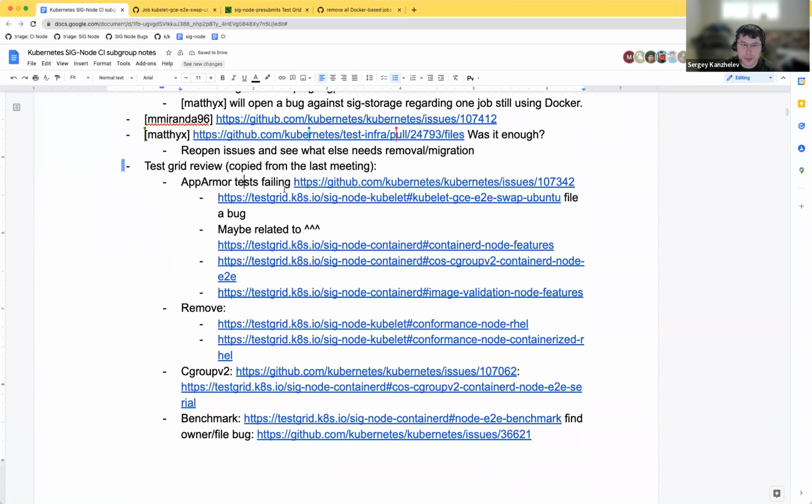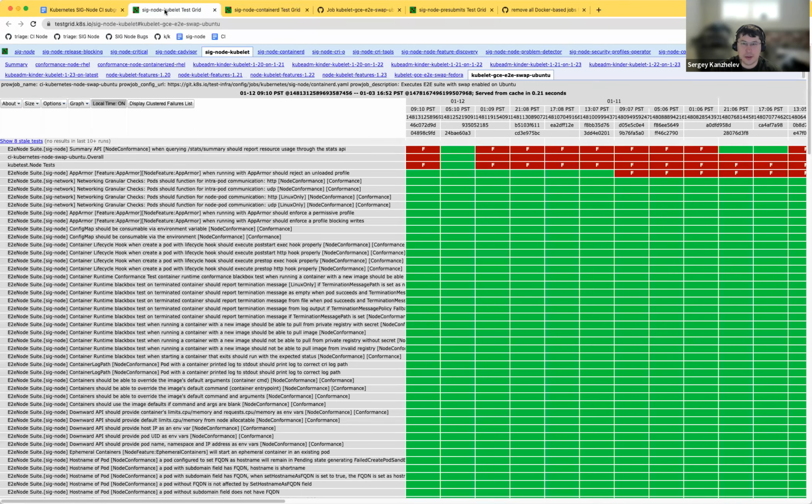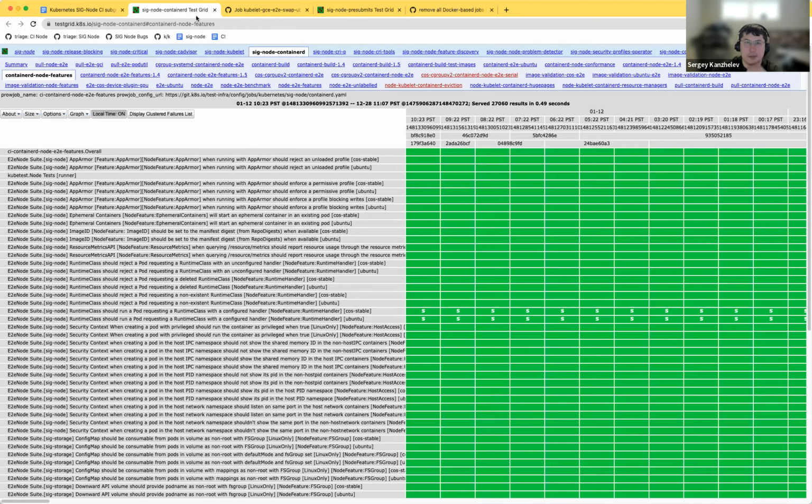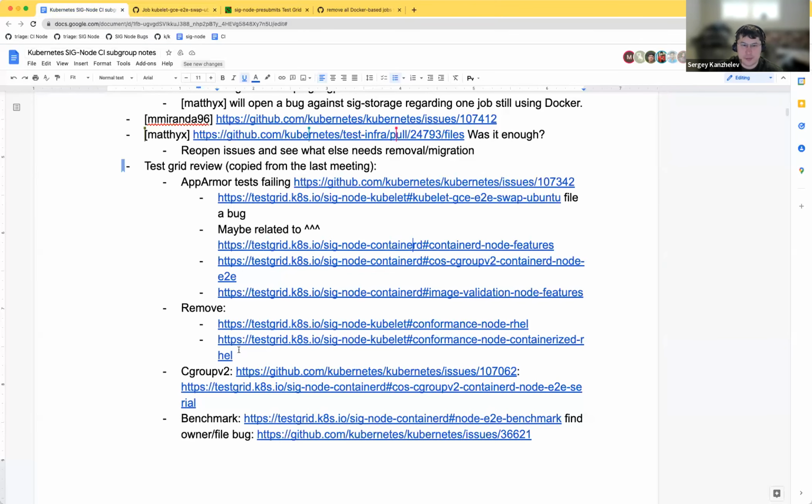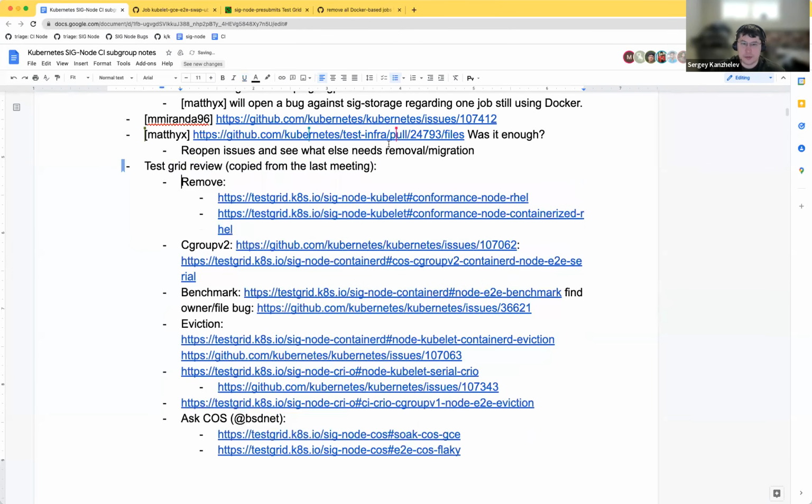Okay, that's great. So the AppArmor issue was fixed. You can check a couple of the others. Yeah, now it starts. It's swap. Okay, AppArmor fixed. I'll remove this. So this is still there.